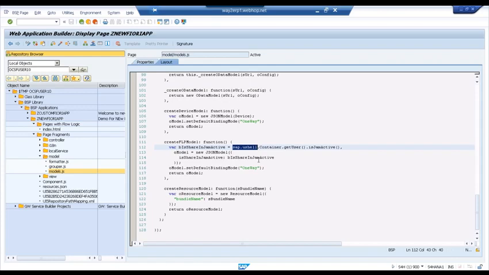You remember I told you about the launchpad. You make use of a usual service, and that's what it is trying to use, a usual service which is not available right now because you're individually running the app. You're not running it with the launchpad, hence it cannot be used. So right now I will comment out this piece of code by just setting this usual service value to false. Save this, activate the code,